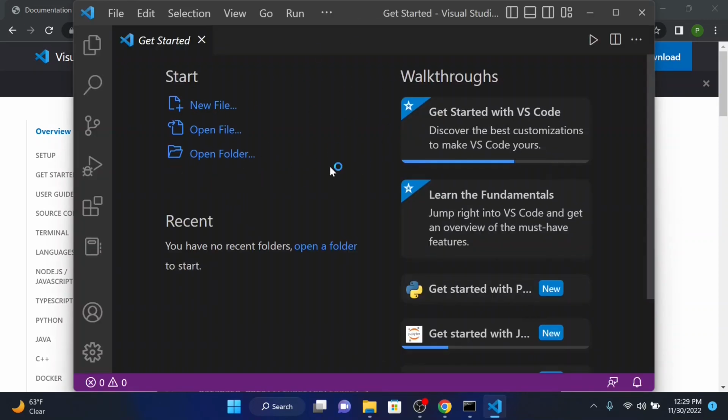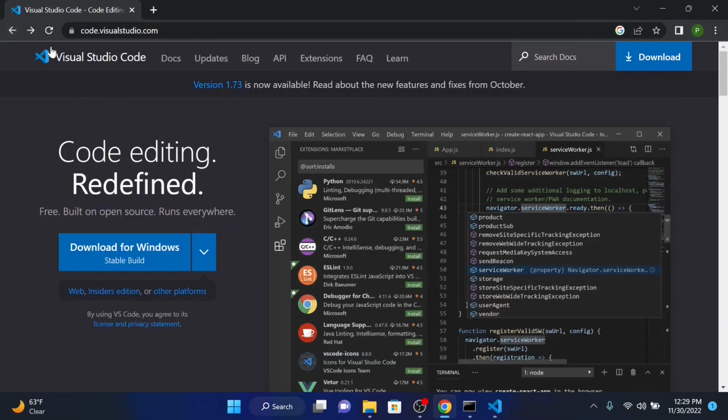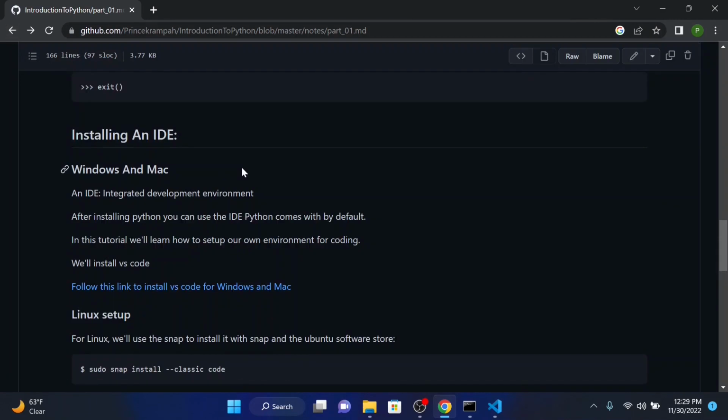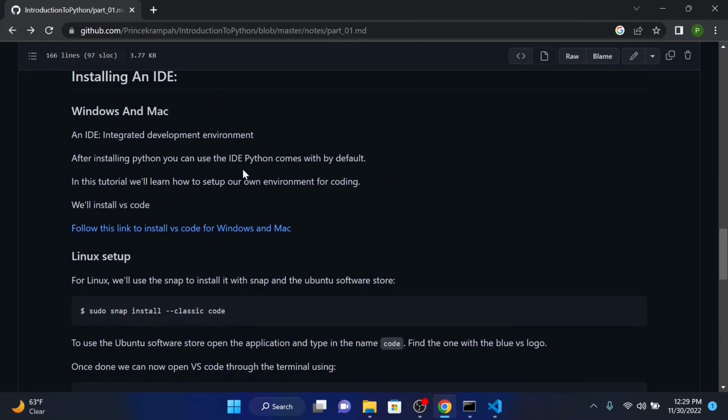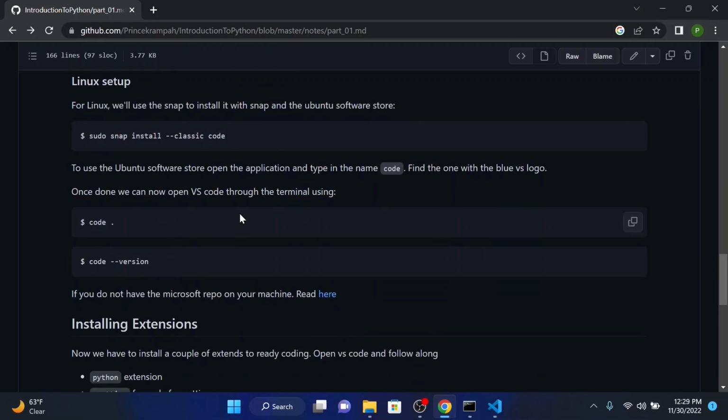So this is how VS Code looks. Okay, so yeah, that's it. We have VS Code installed, and we'll come back to it in a second. But for now, I'm going to go back to the official documentation. Again, if you're following along with a MacBook, it's the same thing. You just download it, double click the executable that you downloaded, even on a MacBook, and just follow the instructions. Now I'm going to show you how to install VS Code on a Linux machine.